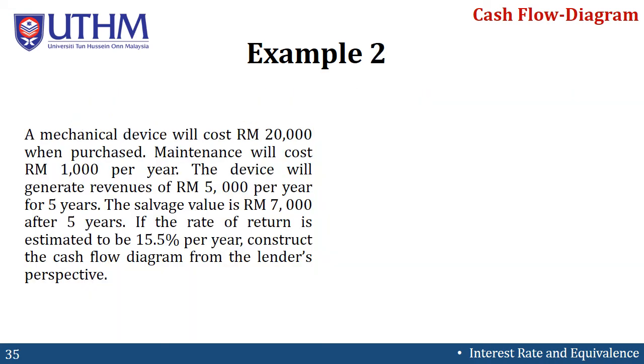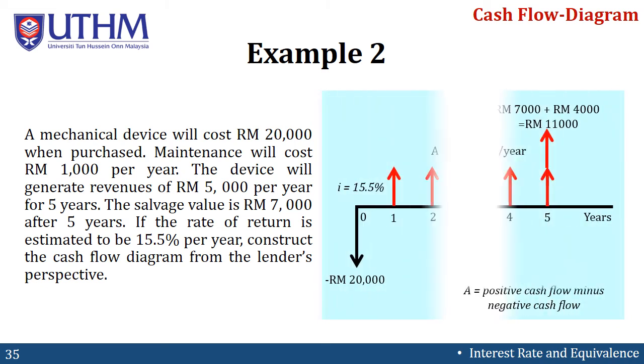Now we go to the next example. A mechanical device will cost RM20,000 when purchased. So this is the initial value of borrowing the money. Maintenance will cost 1,000 per year. The device will generate revenues of 5,000 per year for 5 years. The salvage value is 7,000 after 5 years. If the rate of return is estimated to be 15.5% per year, construct the cash flow from the lender's perspective. So they want the cash flow diagram in the lender's perspective. The answer will be like this: